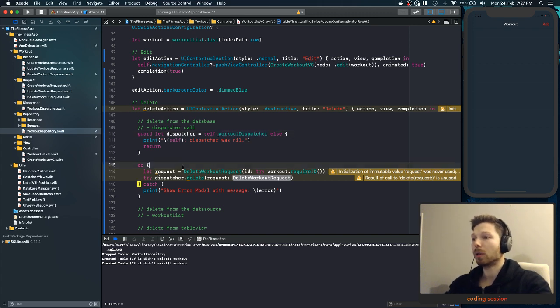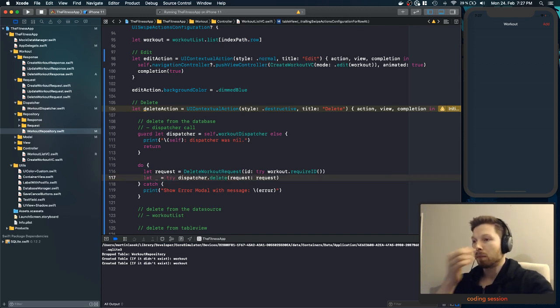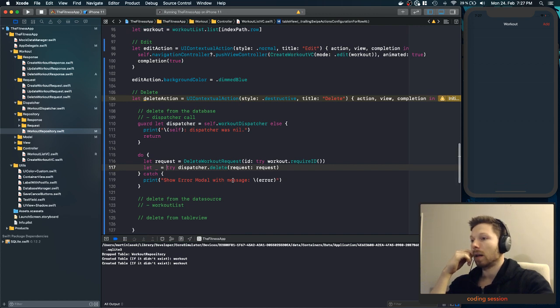Now I think this approach is better, although I don't like how we have a do catch. I don't know. So I sort of always try to prevent that. Now we don't need the result of delete, and yeah, so once we did that,